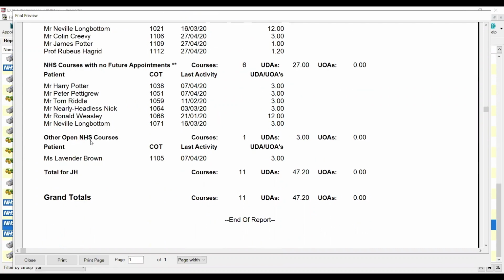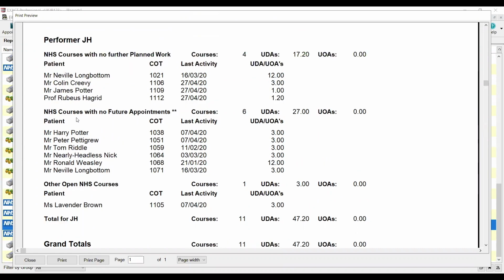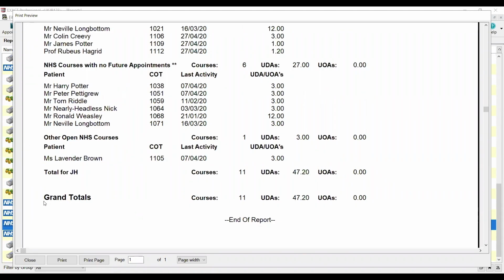And there are other open NHS courses, all of which you can go to in the system and find out more details to see if they need to be TC'd and transmitted to the board, whether or not you need more appointments made to continue the course of treatment. And at the bottom of the page, you can see the grand total of how many courses and how many